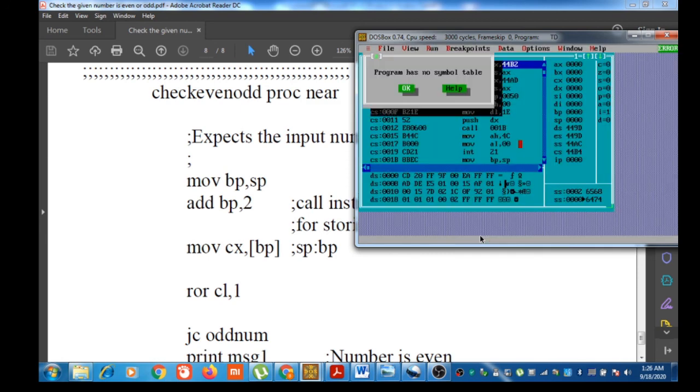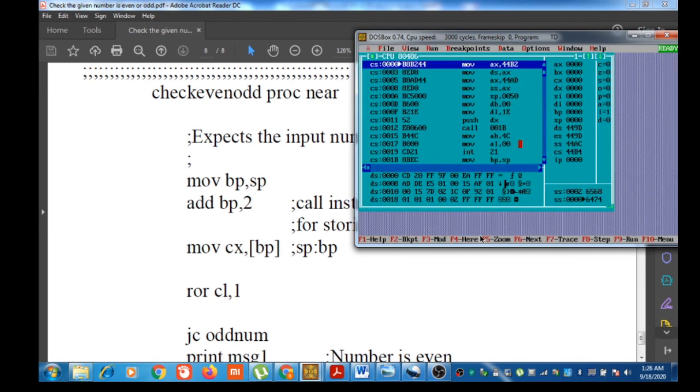Let us use Turbo Debugger. The program is loaded. Then doing single step, the stack segment is initialized. SP is also initialized. See the list of registers.